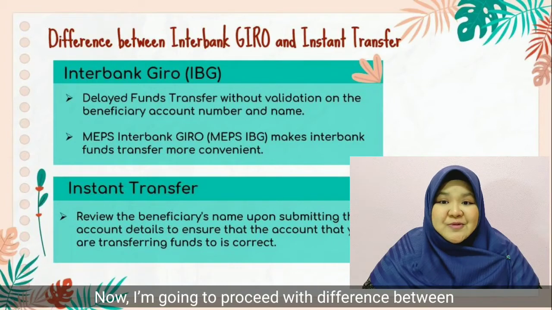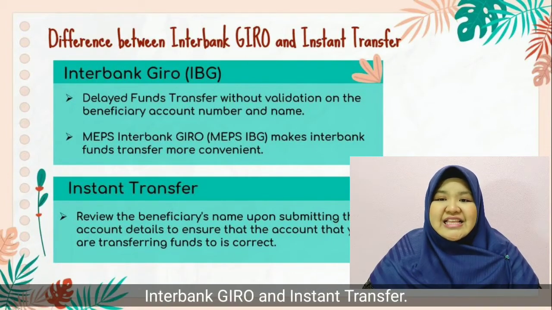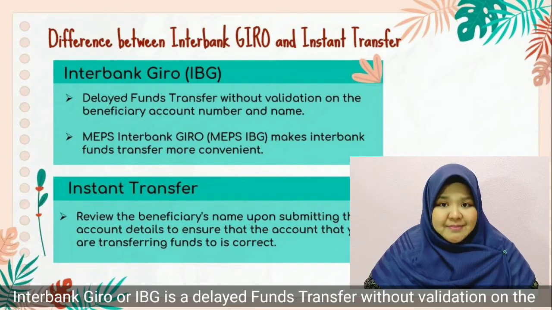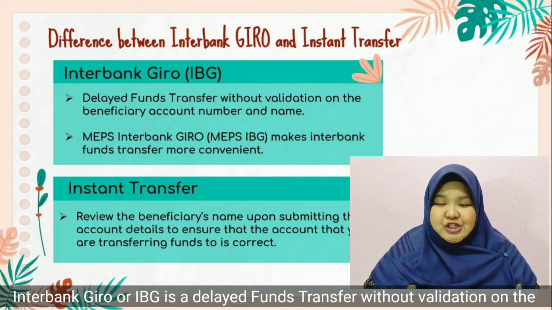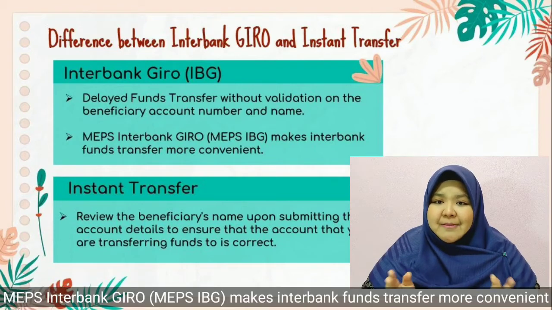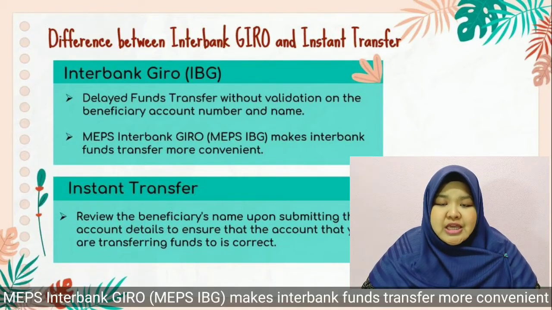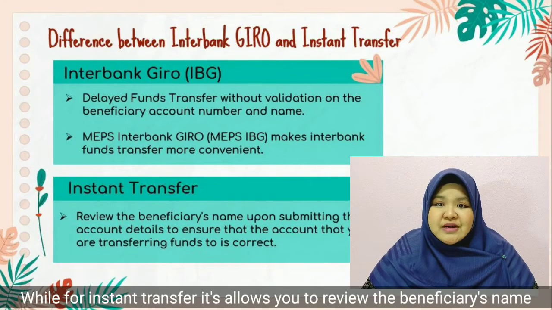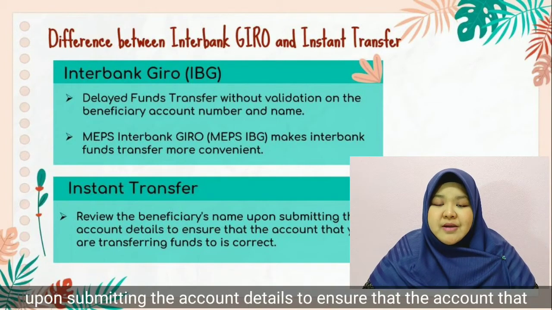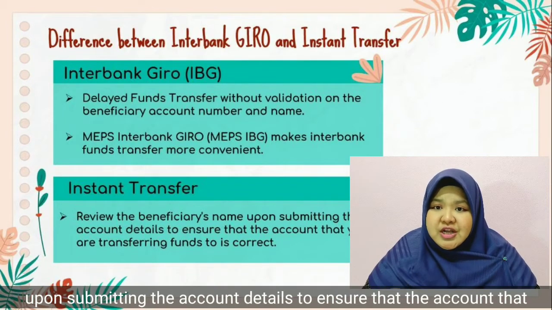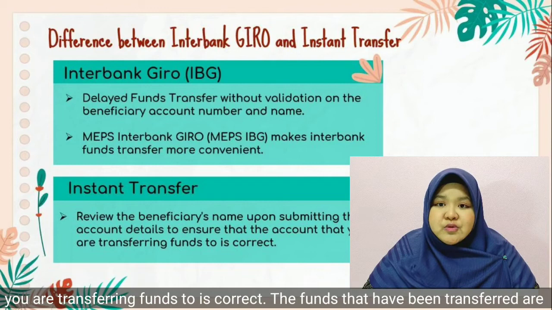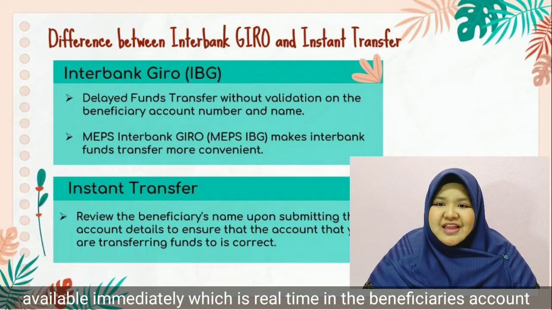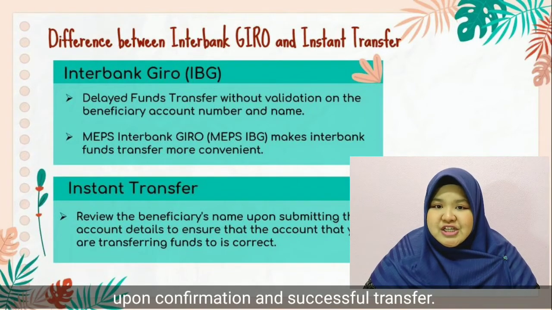Now, I'm going to proceed with the difference between interbank giro and instant transfer. Interbank giro, or IBG, is a delayed funds transfer without validation on the beneficiary account number and name. MEPS interbank giro makes the interbank fund transfer more convenient to bank customers via an electronic channel. While instant transfer allows you to review the beneficiary's name upon submitting the account details to ensure that the account that you are transferring funds to is correct. The funds that have been transferred are available immediately, which is real-time, in the beneficiary's account upon confirmation and successful